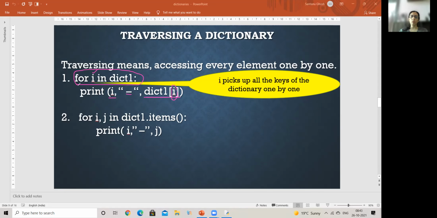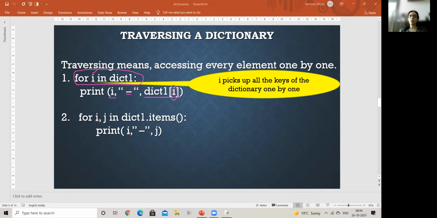So this is a simple loop which I've created by which I'm able to print all the elements of the dictionary. Key dash value, key dash value, accessing the elements one by one. Now you'll say, ma'am, why are we doing it when we are getting this particular output by simply typing the name of the dictionary? Very true. But we have to learn this method in order to do something more than just printing the elements.